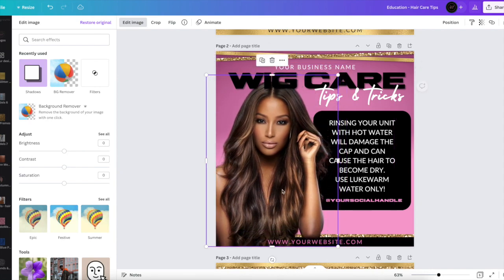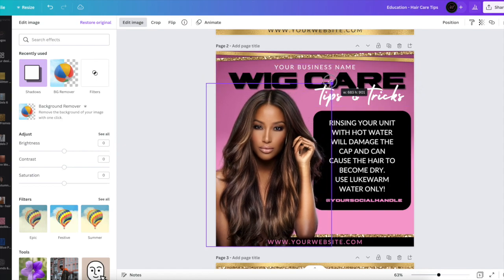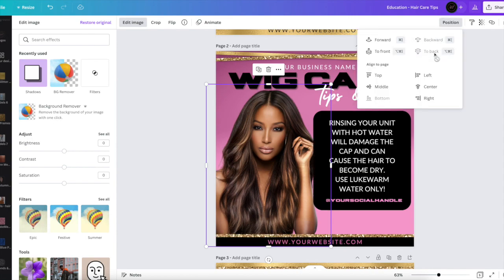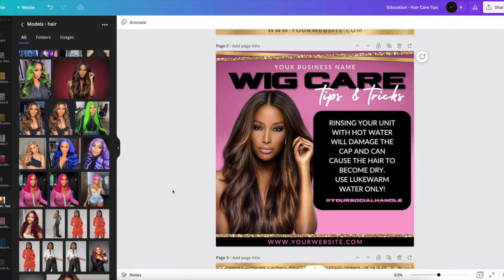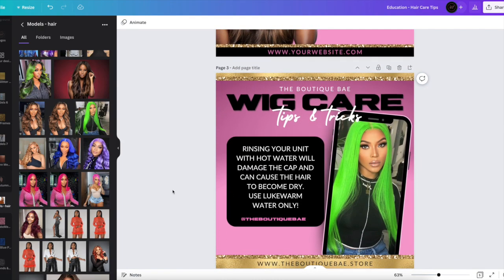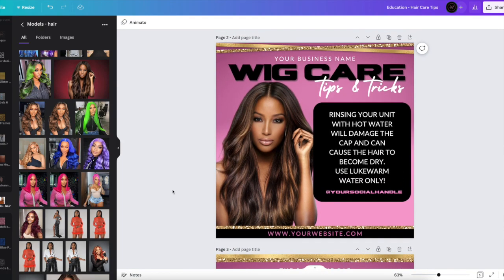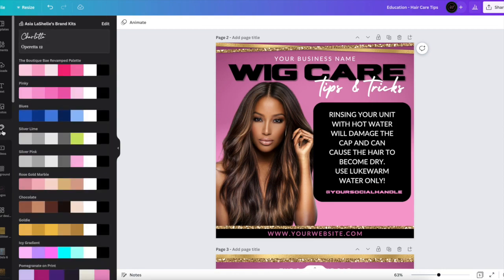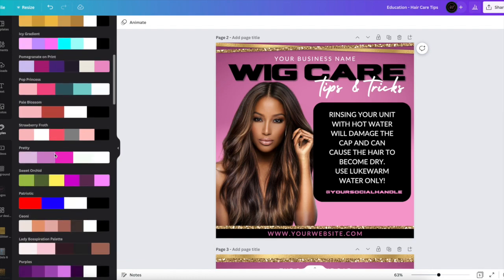Okay. So I'm going to resize her just a little bit. There we go. And we'll move her to the back. And there we go. So we have a different one. Now the reason why I created these different ones like this, right? Let me show you guys. All right. So you see this looks cute, right? But one of the things that Canva can do, and I'm going to show you this, click on styles. This is a Canva Pro feature,